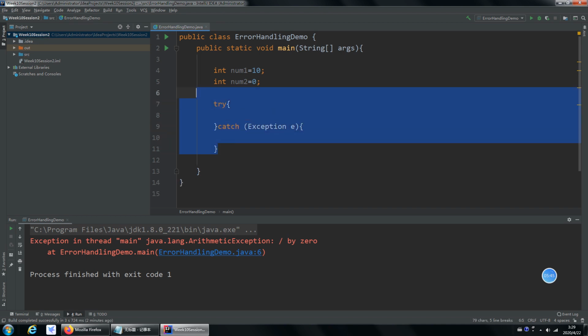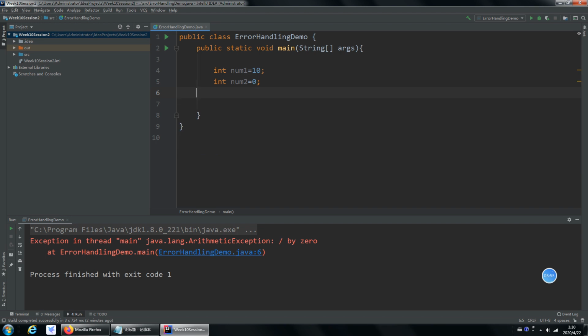Please look at this syntax and try this. Try to write it down on paper or maybe in your book. Try to remember this. I will repeat how to write. Try, open and close the bracket, then catch, and inside this you can use Exception e. Exception means error. What do you mean by exception? Exception means error. Okay, now inside this try block I'm going to write my statement, that is int result is